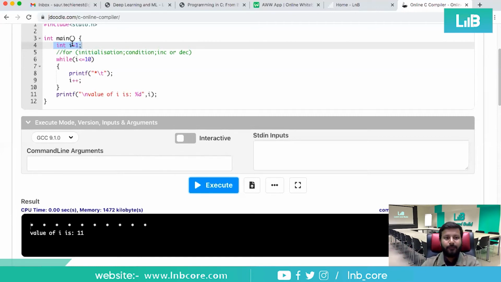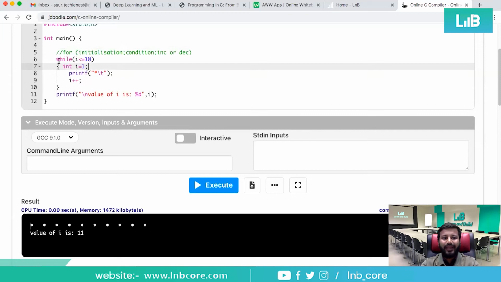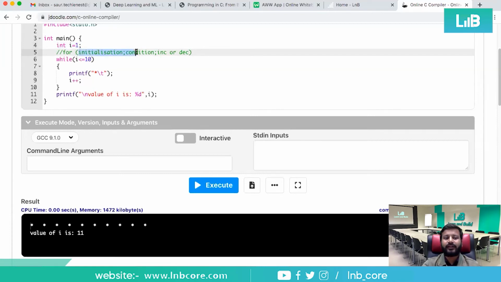It is just the same. But the thing is, if you have declared this inside while, it will not work, because while has to start with this particular variable called i, and because i is declared inside while, that's why it will not work. However, in a for loop it may work, because inside this condition itself you can write this initialization, right? So there are some formats. Now this is the format of writing a for loop or while loop.